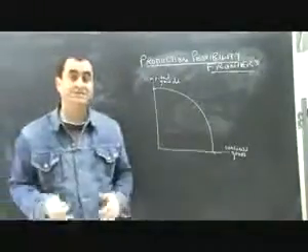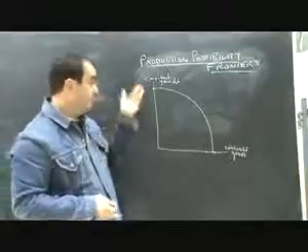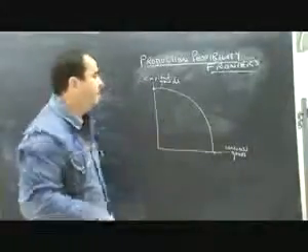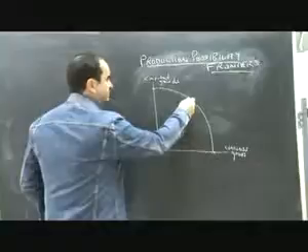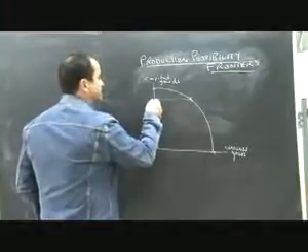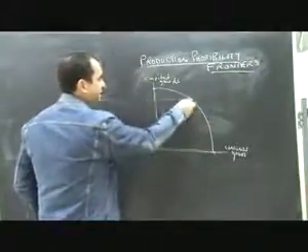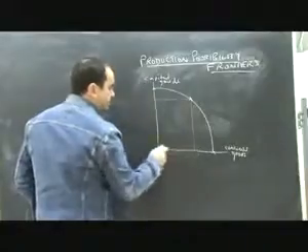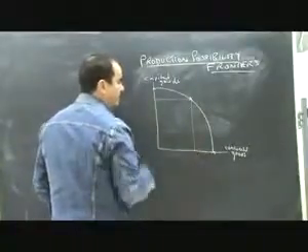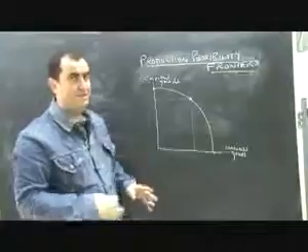Of course, most likely is that some combination of capital and consumer goods will be made, perhaps this combination, which represents this quantity of capital goods and simultaneously this quantity of consumer goods being made in an economy with a